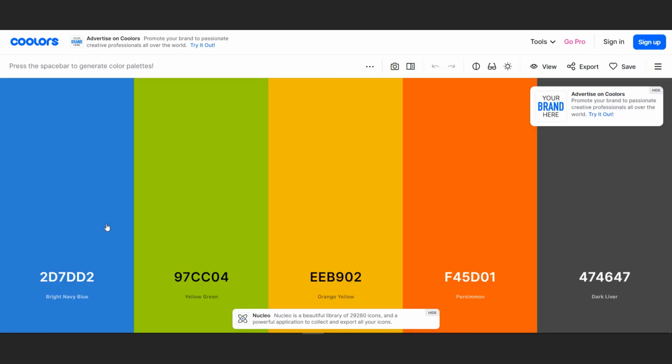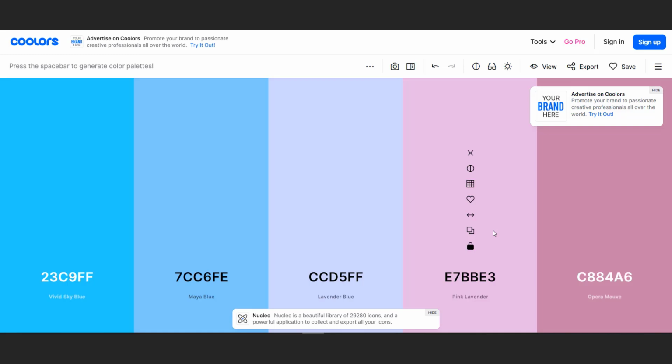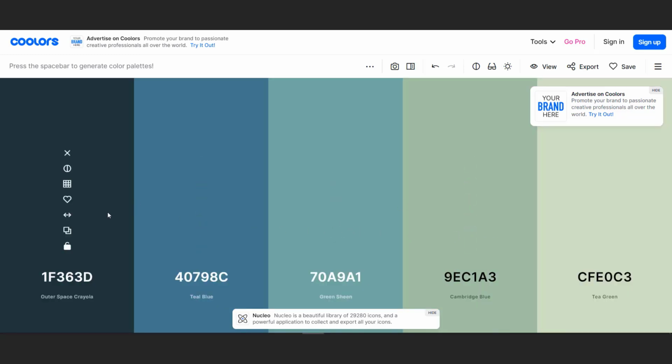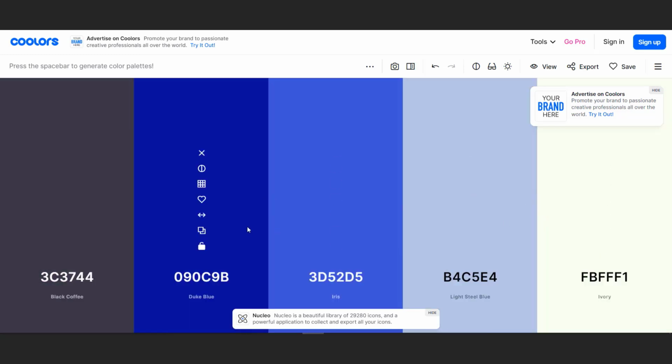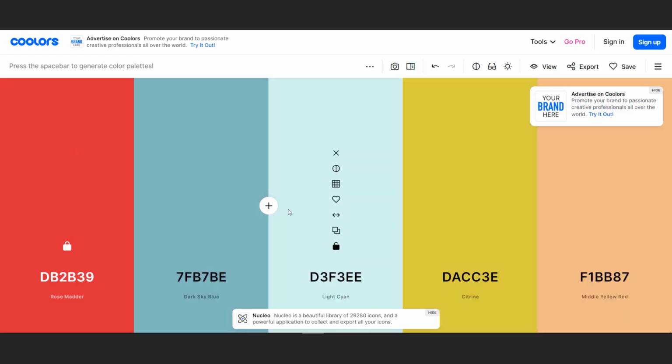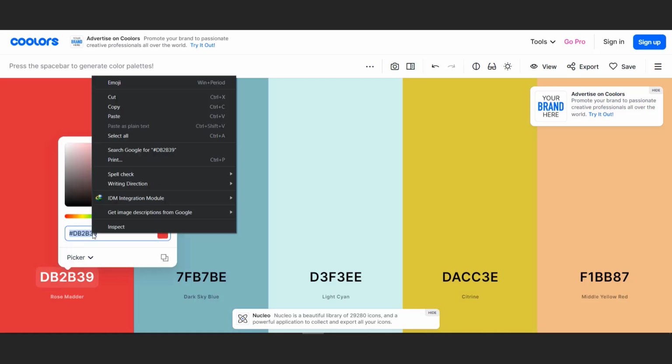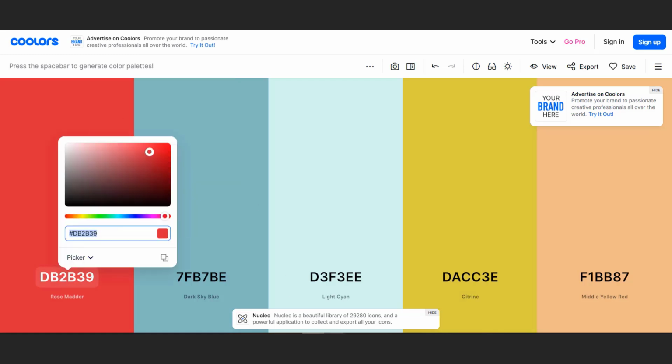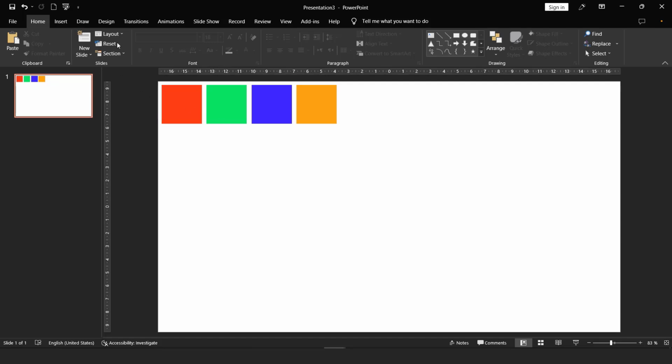features of this website. In this section, every time you press the space key on the keyboard, the color of this palette will change, and then you can choose any color you like and click the lock key on it so that this color will not change anymore. When you press space on the keyboard, now you can copy the code of this color like this, and I